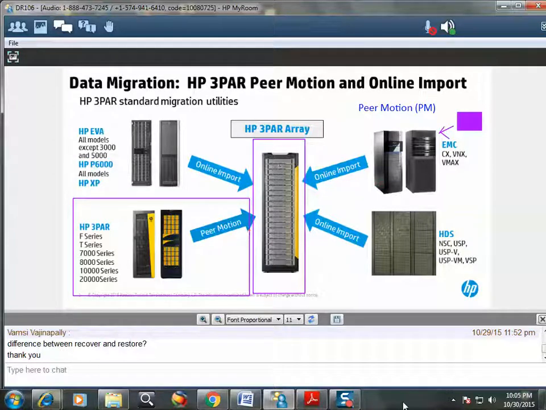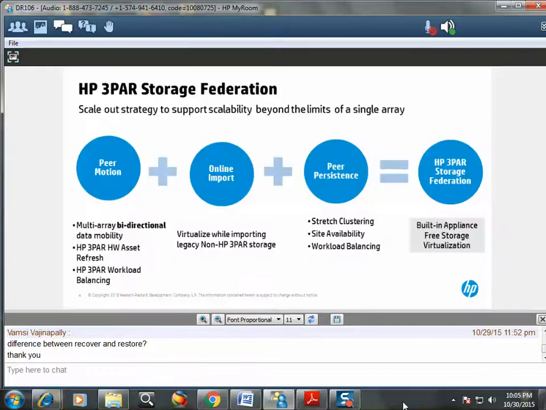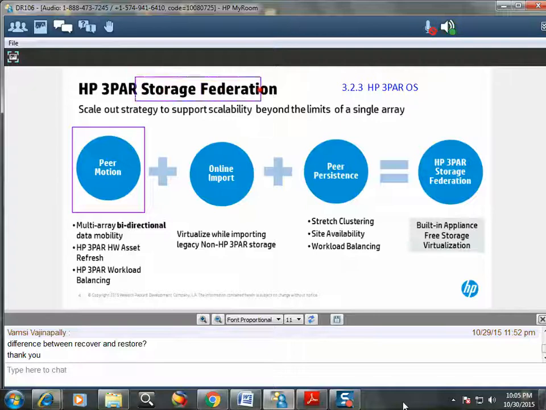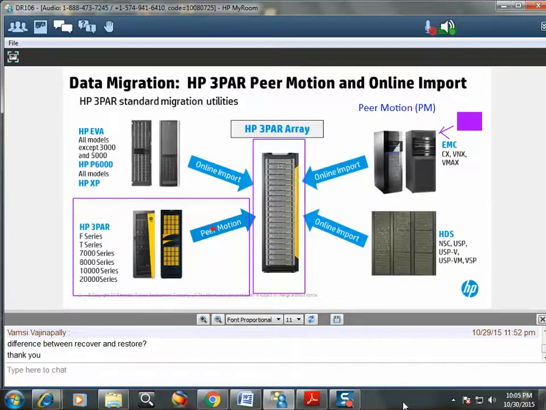Now, what happened with the release of 3PAR OS 3.2.3 this year, we've always had the product PeerMotion. But you'll hear the term PeerMotion and Storage Federation. You'll hear the term federation in conjunction with 3PAR OS 3.2.3. Traditionally, with our traditional PeerMotion and the online import, PeerMotion was basically what we call unidirectional and